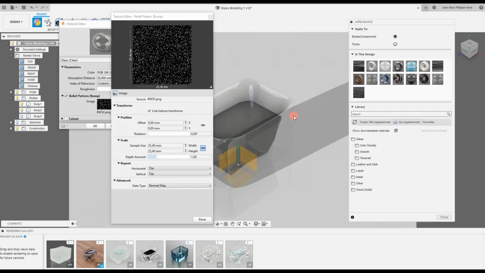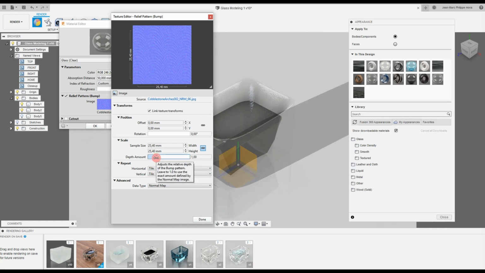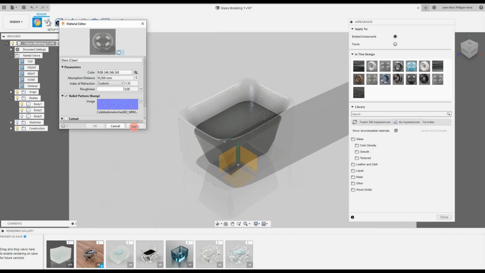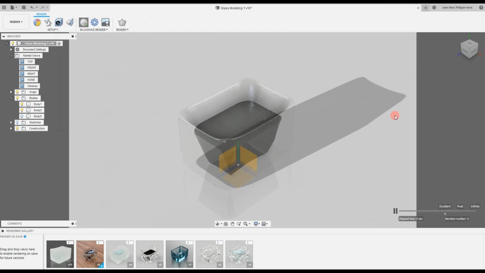It looks purplish, but as you can see, it has some bump pattern on it. These are much more precise. They create more realistic bump images. And also you can heighten the bump, the height of the bump. It says here, adjust the relative depth of the bump pattern. Leave it at 1 to use the exact amount defined by the normal map, but you can go crazy. Let's go 1.5. Let's click done. Let's click apply. And if we come here onto the model,